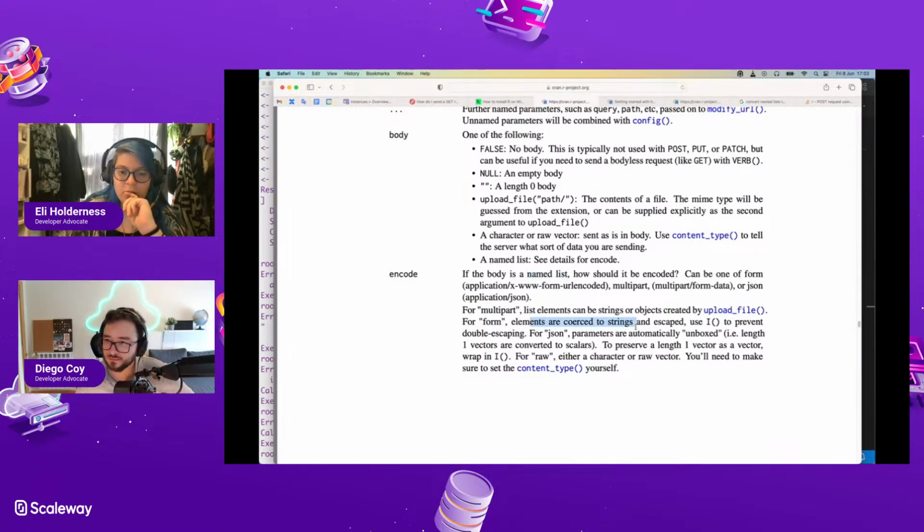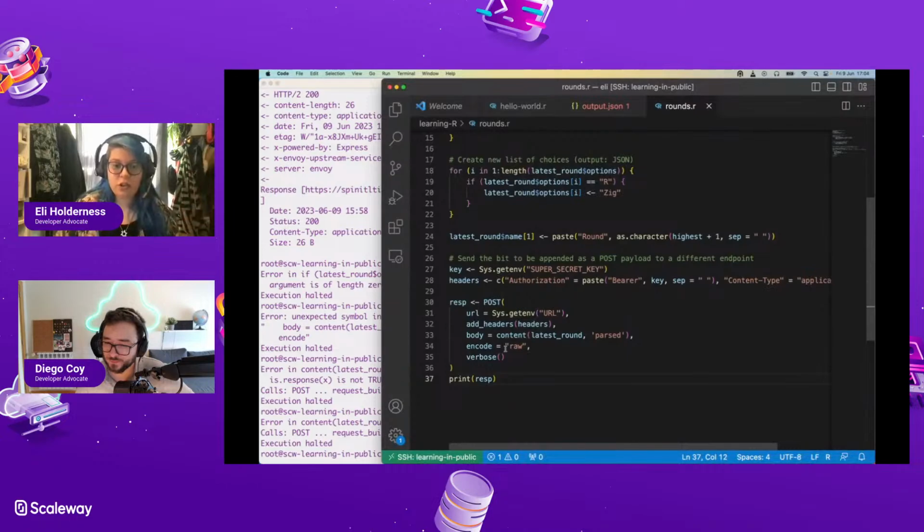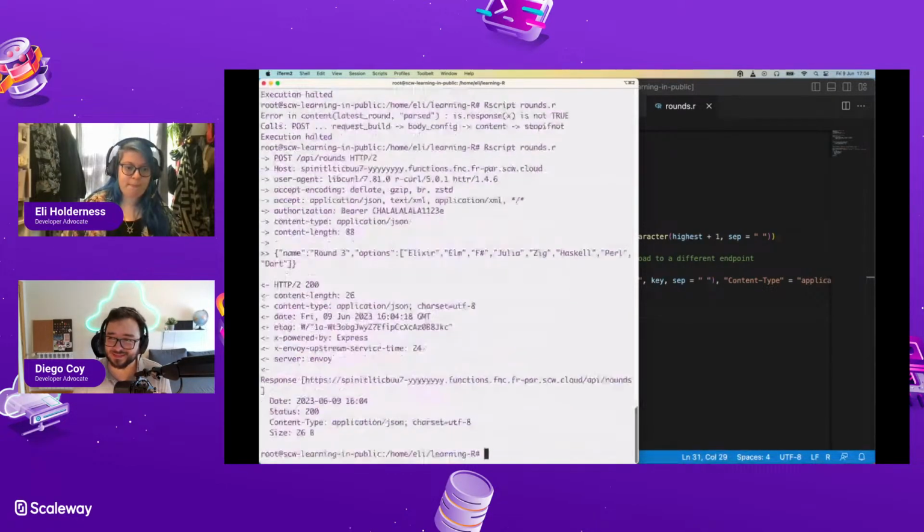Form, elements request strings and escaped. We don't need that. JSON parameters are automatically unboxed for raw. Okay, so we do want JSON. That's something I hadn't changed. And I think I get rid of this. I think it is just latest round. I swear we tried this, but I don't know.